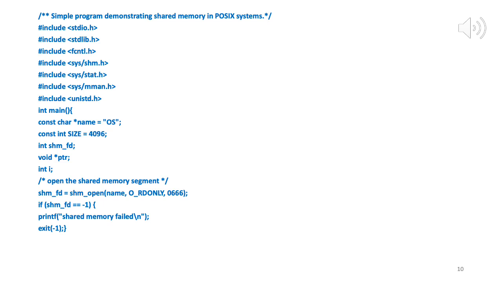So we've got all these header files as we had. Const char star name is OS, right? So block of memory OS, and then name is a pointer to that. So you can look at this OS as sort of an initialization. We should not have uninitialized pointers. So OS is just a way of initializing name. If you want, you can initialize it to a null pointer also. That will work as well. Const char star name is NULL. So const int SIZE 4096, same size as before. Int shm_fd for the file descriptor, as before, and void star ptr and int i.